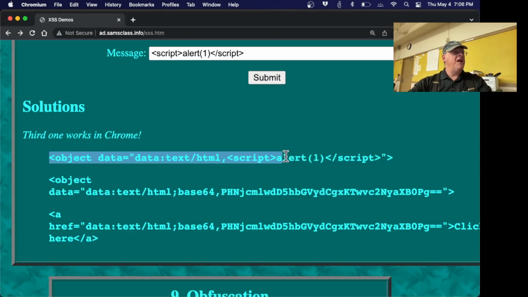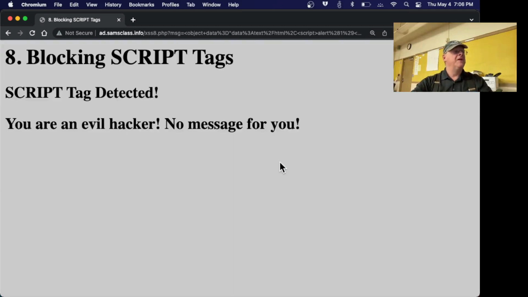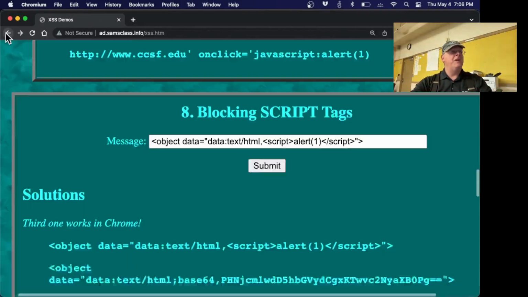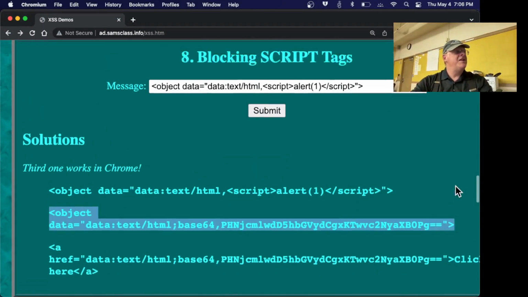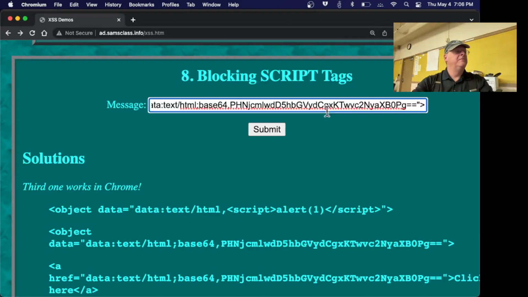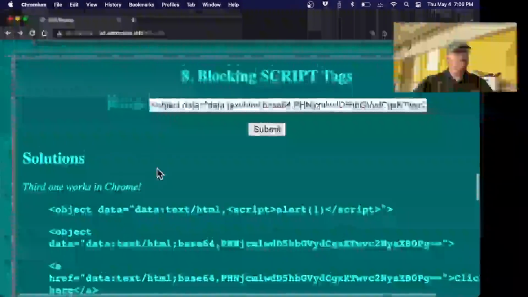Here's the one with object data, where I am still sending the script tag, but it's inside an object tag, and therefore perhaps will not be filtered. And nope, it caught that one. So that didn't work. Here's where you use the base64 version of it in the object tag. And that one worked. It unbase64'd it and ran it, and apparently the filter was before that,